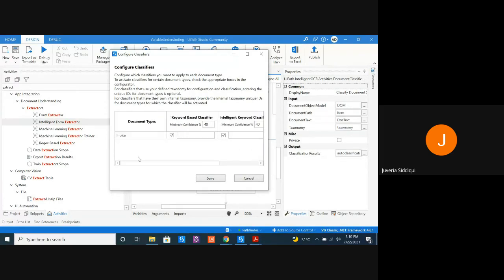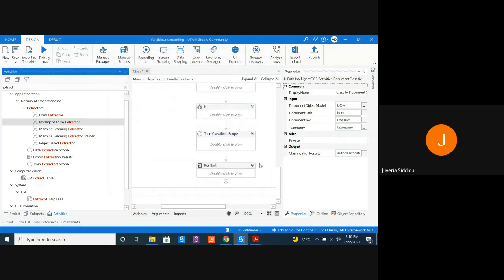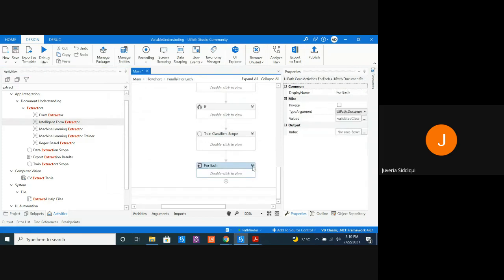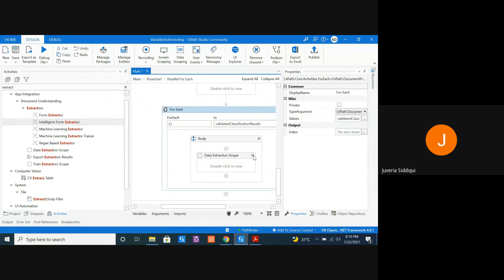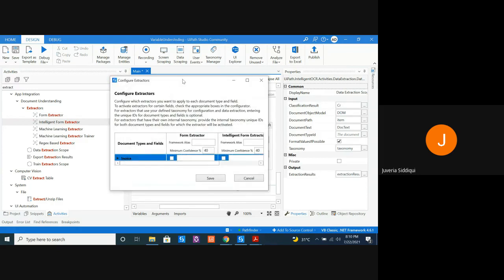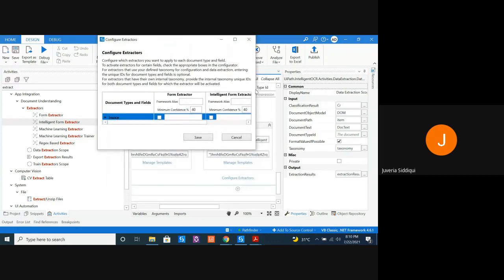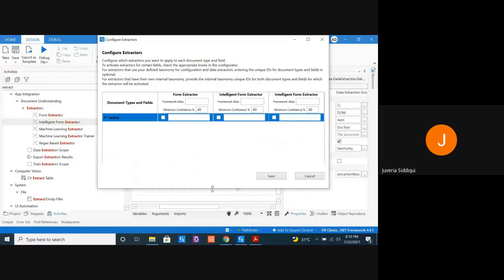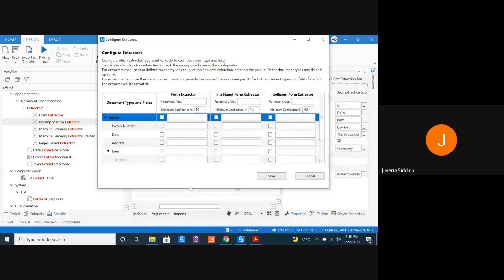So it is very similar, but there was no drop down to the invoice, because it was only classifying whether it's an invoice or a form or a utility bill. But now when we are extracting the information over here, there is a need to specify the fields that we want to extract using each of these extractors. So let's start by doing that.